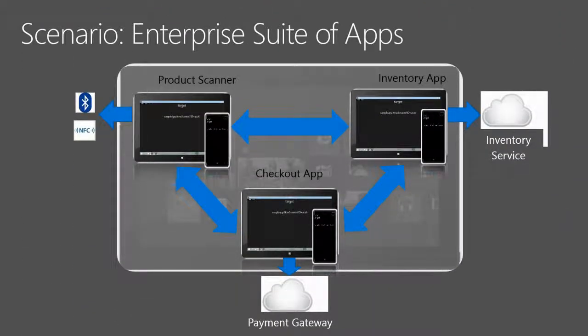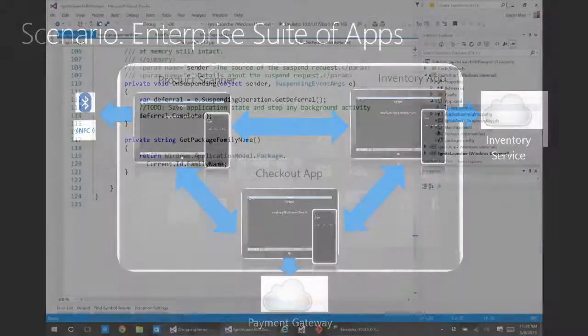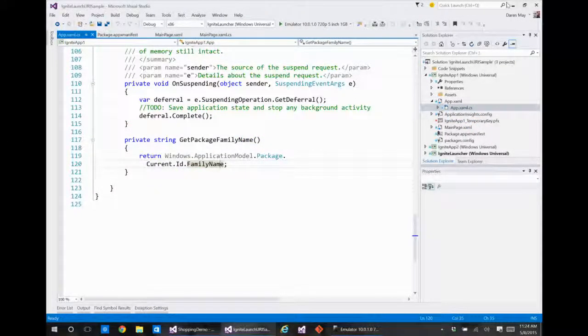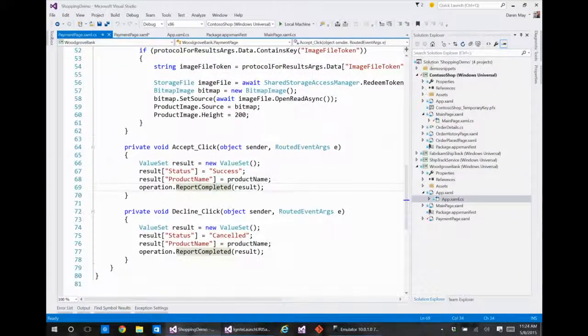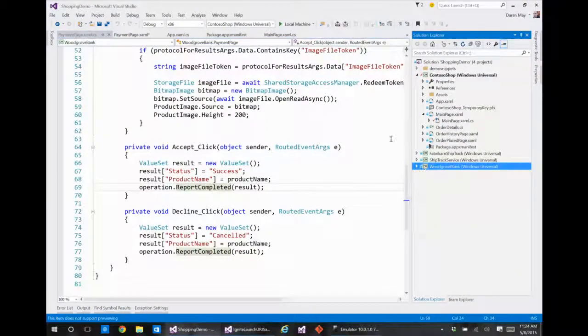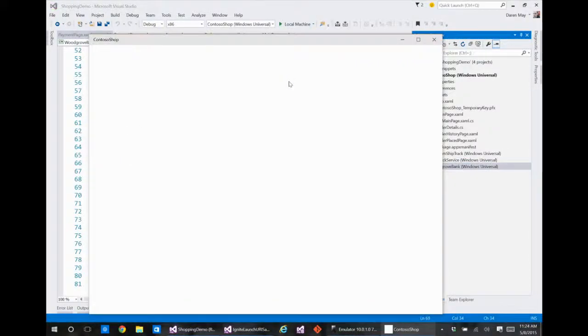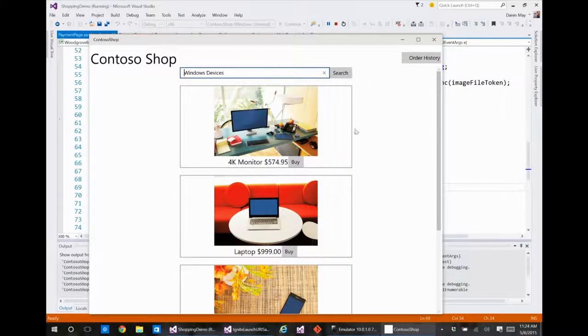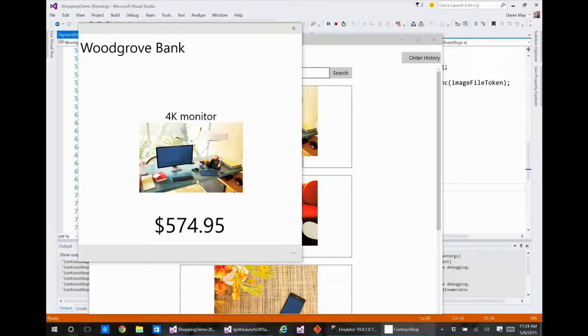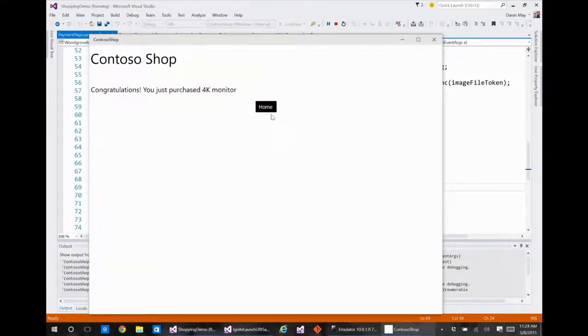I'm going to jump actually into a demo at this point, rather than going on through slides, because I don't want you all to fall asleep. So we are back in our shopping app, and let's run the app again. So we've had the ability to order, and we've had the ability to have this approved. So let's just go through that scenario. You see that, bang, done.